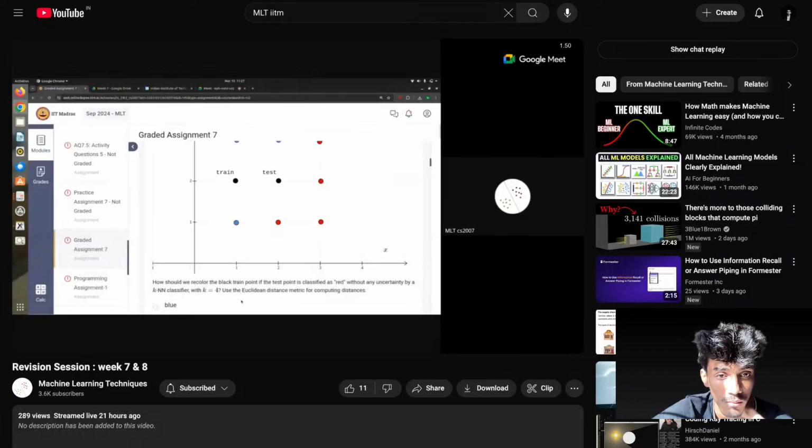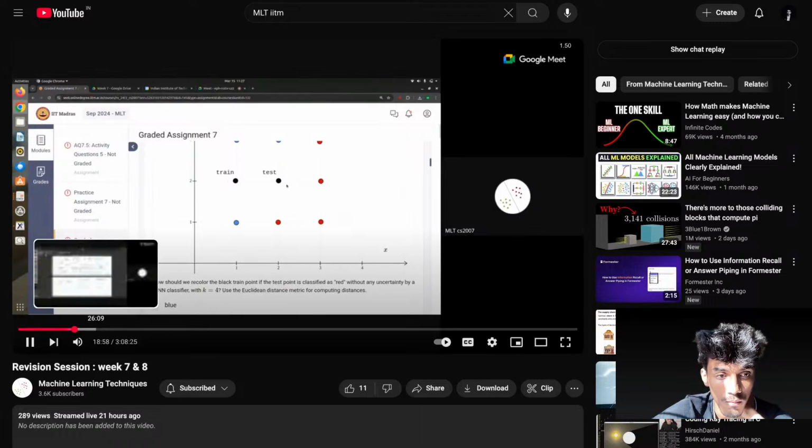Yeah, I understand, but it is given in the question that the test point is classified as red with k equals 4. So I know this is the red class. Okay. Using the